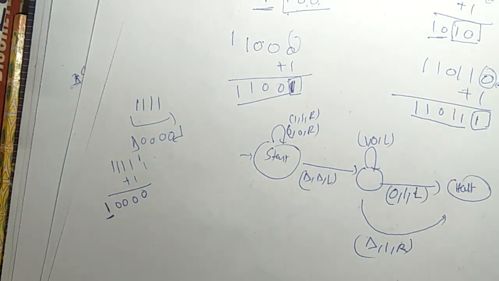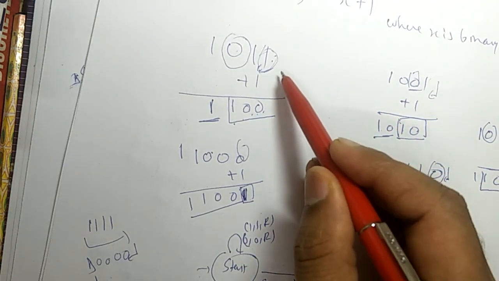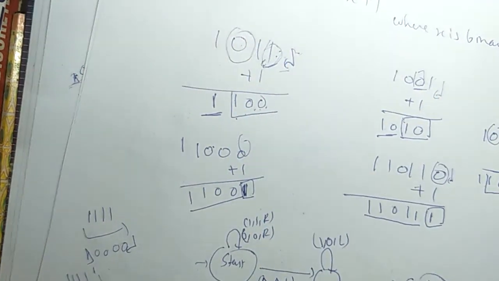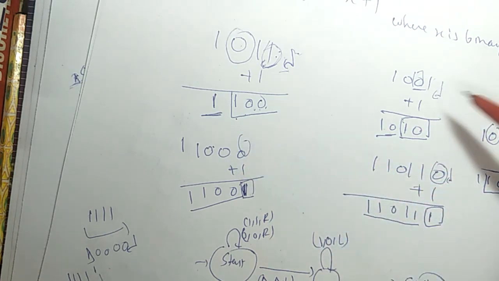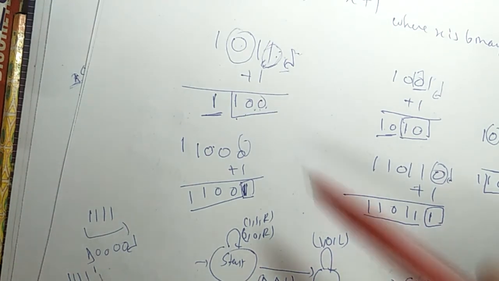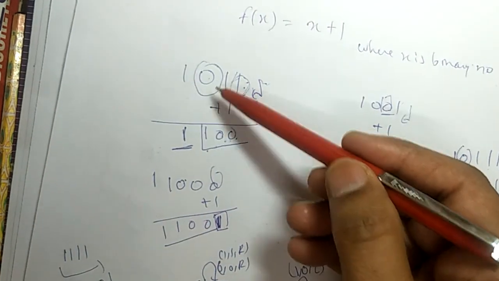So this will be the Turing machine for the increment of 1 in a binary number. You have to identify the pattern only, and the pattern is very simple. From the right hand side corner, you have to find the very first zero. You can find it in the first position, in the second position, in the third position or any position. Before this zero you will get 1s, so convert every 1 to 0. If you get this 0, convert this 0 to 1, and here you can halt.